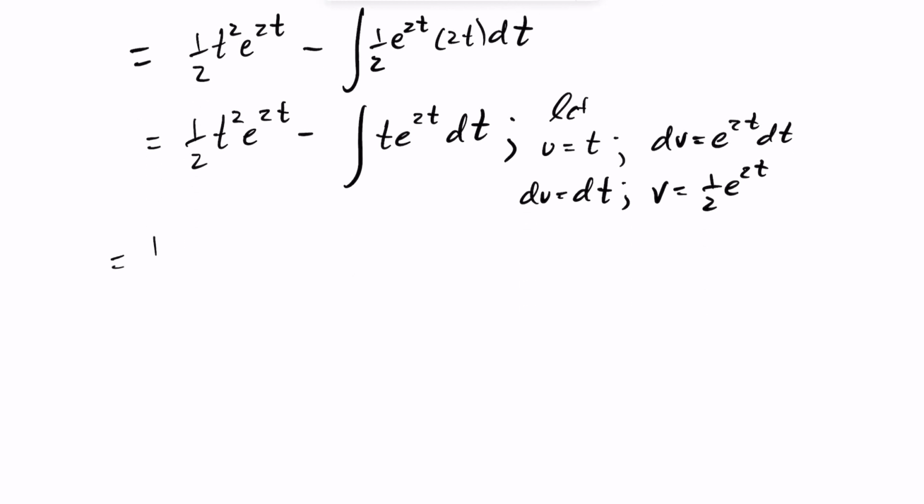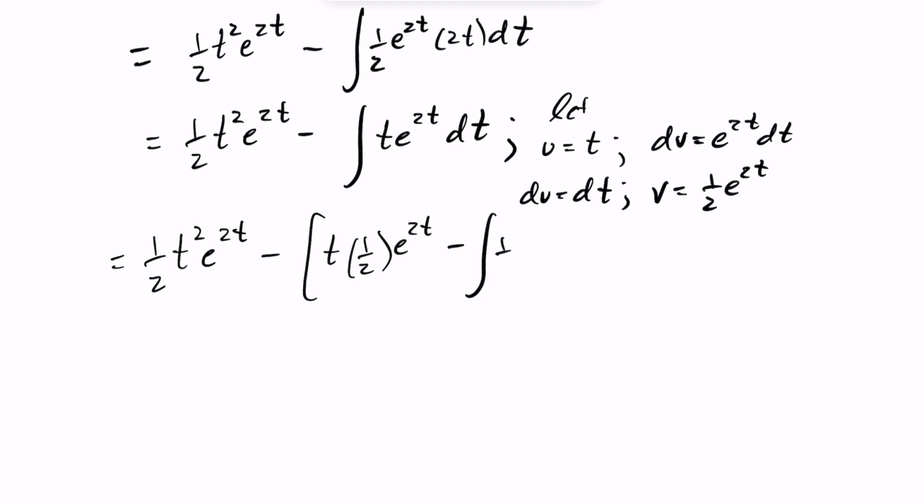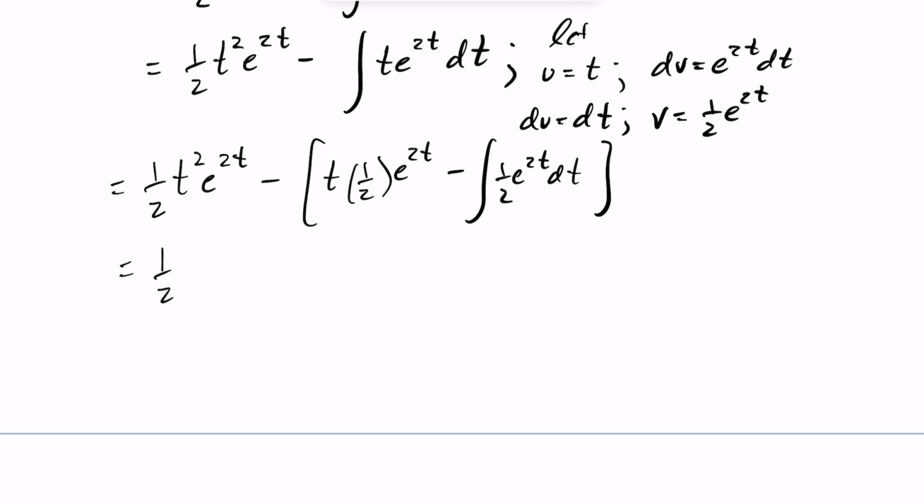So again, I can go ahead and substitute that in. So we have what we have before, minus the integral. This will become the integral of u times v, so it'll be t times 1/2 e to the 2t minus the integral of v times du, which is just equal to dt. So now we have 1/2 t squared e to the 2t minus 1/2 t e to the 2t